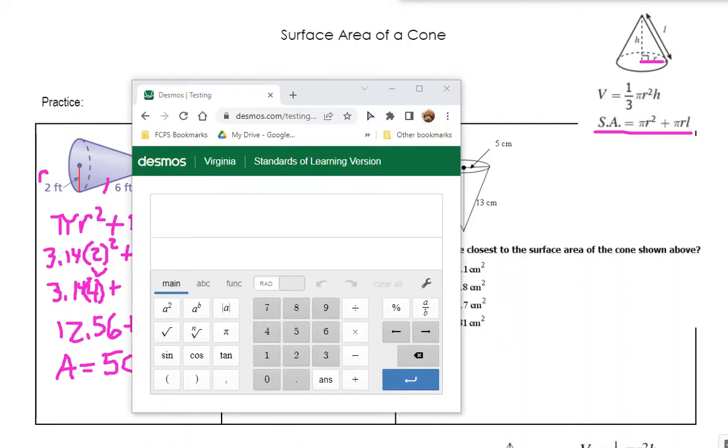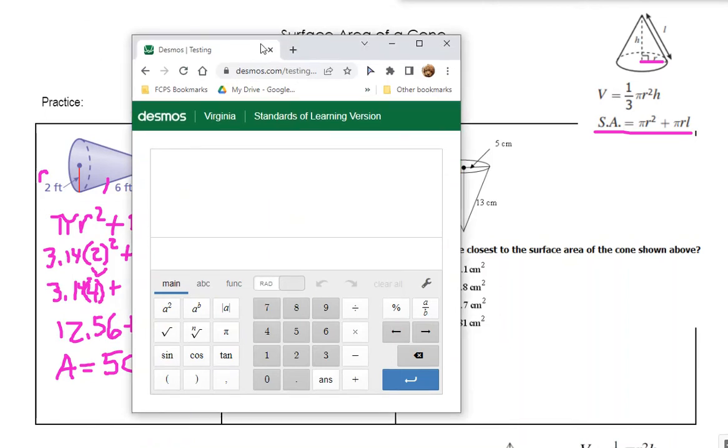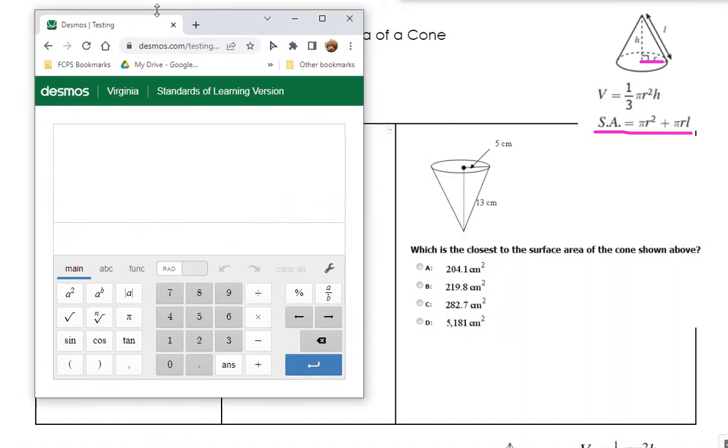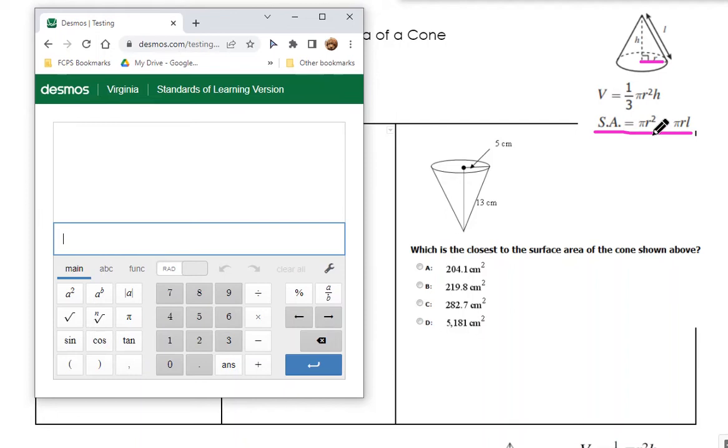But the good thing is, you can use Desmos, right? And Desmos does an awesome job of substituting and getting you the correct answer. So we can always use Desmos. If I was going to do this in Desmos, I would first type in my equation here. So I would do pi, 3.14, and then it says r squared, so I would type r and then squared. And then it says plus pi, which is 3.14, and then RL. So I can type that in, and then just like how we did with rectangular prisms,